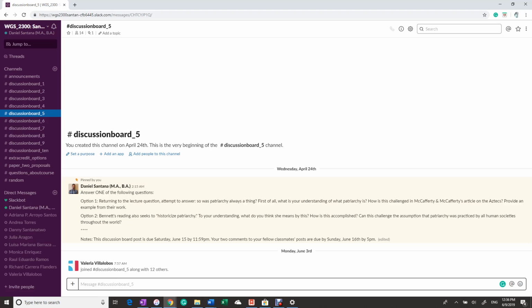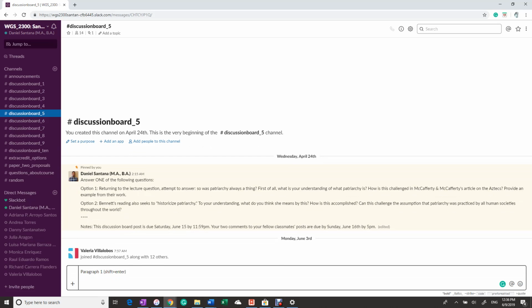And another thing to keep in mind is, let's say you're writing something and you wanted to add a second paragraph to emphasize something that you said, don't just push enter, because if you push enter, it'll automatically post what you have written down. So if you wanted to add a break between paragraphs, right? So let's say this is paragraph 1, and you wanted to write the second paragraph, you would hold shift and enter in order to make a space, right? So for example, shift enter, and you'll be able to write a second paragraph to divide it. So this would be paragraph 2, okay?